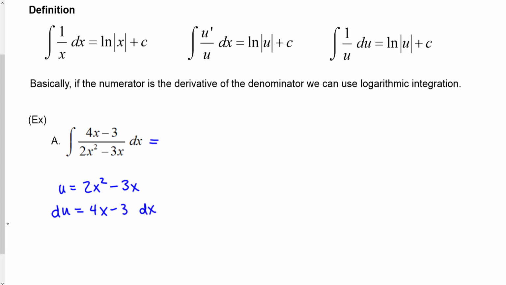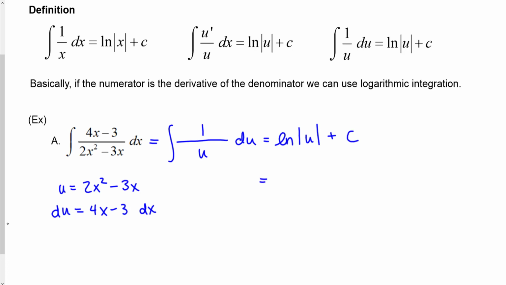In the substitution process, what happens is 4x minus 3 dx all gets replaced with du. The denominator is just u. So I'm integrating 1 over u du, which is the natural log of the absolute value of the denominator, plus c,